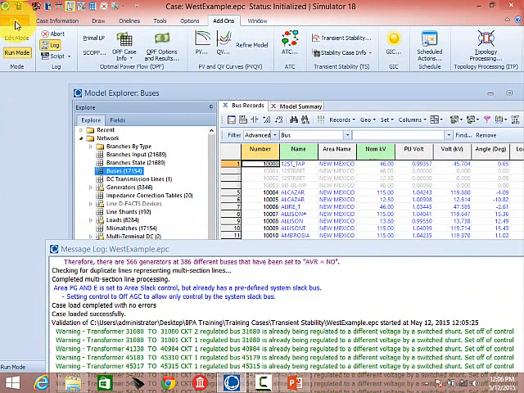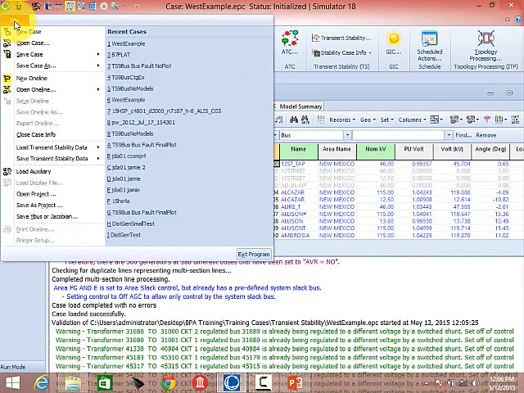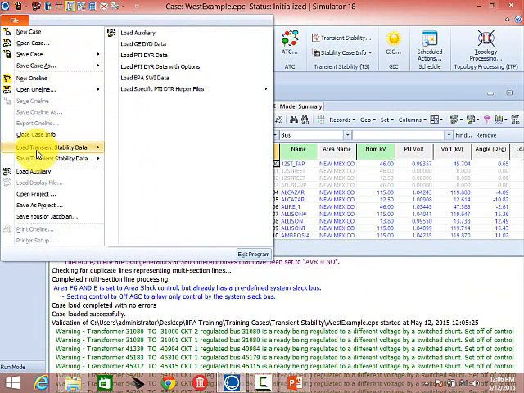One way to do it is to go to File, where we were before. Rather than Open Case, now we're going to go down to Load Transient Stability Data. So in the File menu, I went down to Load Transient Stability Data. This allows you to load transient stability data in different formats. We're going to pick the DYD data format. So if you go over to Load DYD,